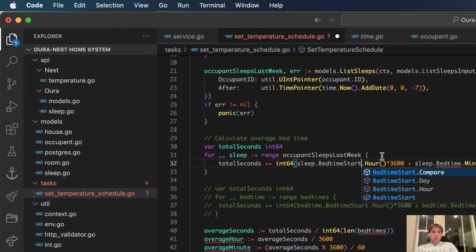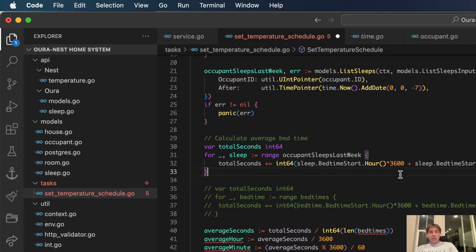It might make more sense to do the median actually. I mean, it kind of makes sense. Let's just do this for now. Yeah, this is fine.